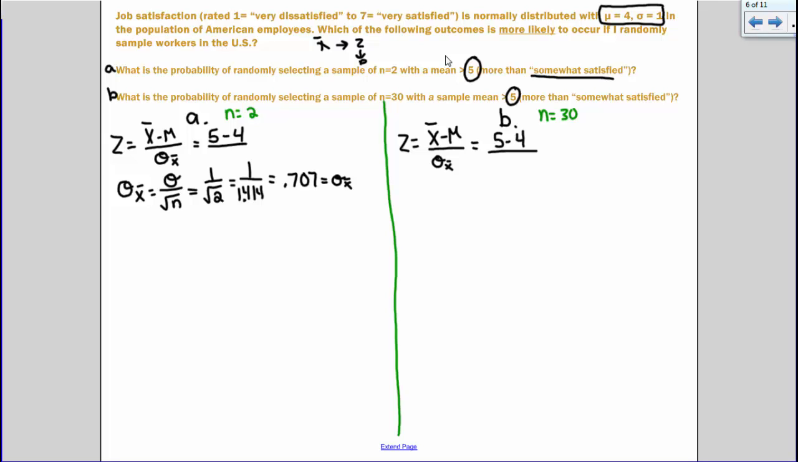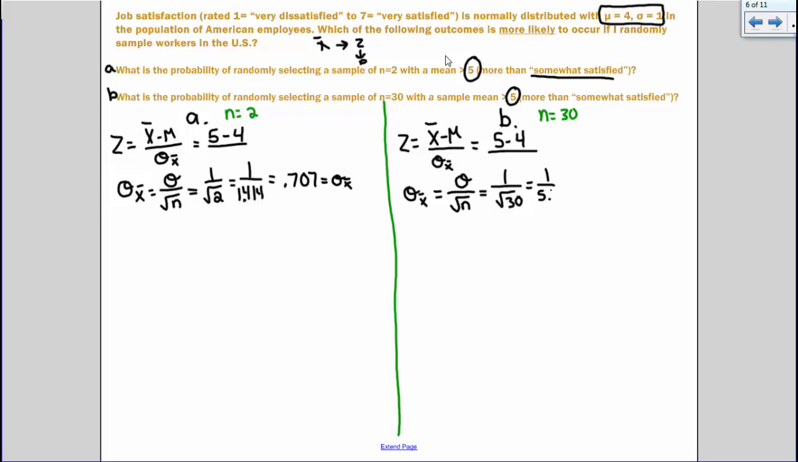Let's find the standard error for a sample size of 30. And I already know I'm expecting this to be smaller because I have a larger sample size. So same formula as before. Same standard deviation, but now we're dividing by the square root of 30. And this becomes 1 over the square root of 30. So 1 divided by